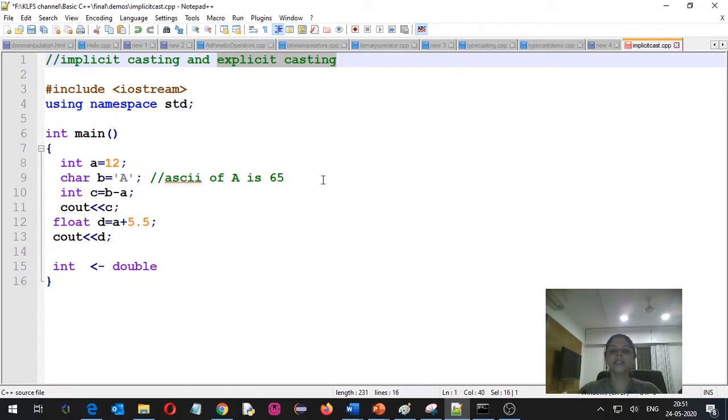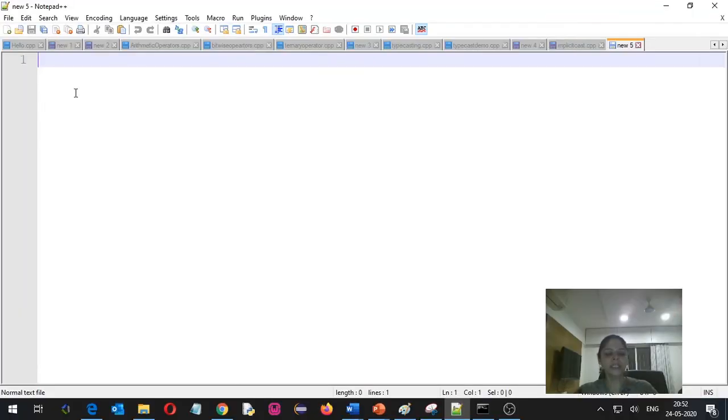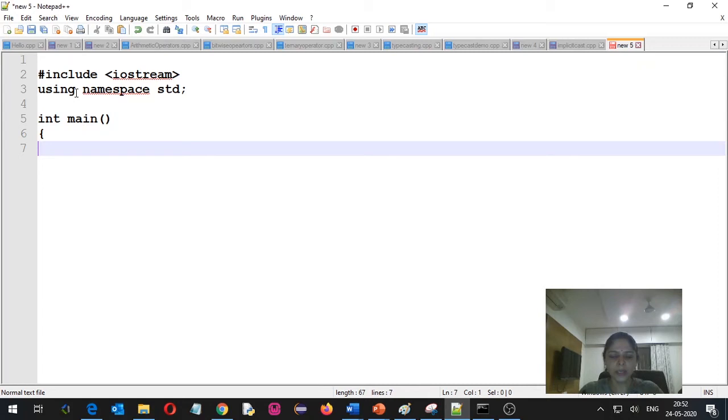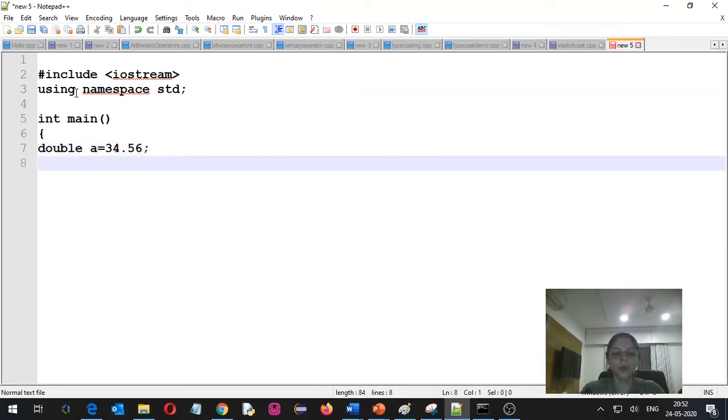Now how to use explicit typecasting? In explicit typecasting, suppose I am declaring a number here, double a is equal to 34.56, and I want to write here int b is equal to a plus 5.6.